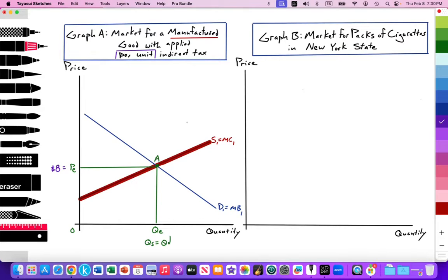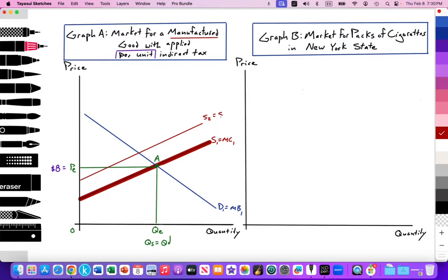So that the product is produced, the pack of cigarettes is done, it's sitting in a warehouse, and the government steps in and says, well, you must pay $5 for each of those units. So that is the additional or final cost of production. So the supply curve will shift upwards in parallel by the amount of that tax. So here I'm going to draw that second supply curve here. I'm going to label that